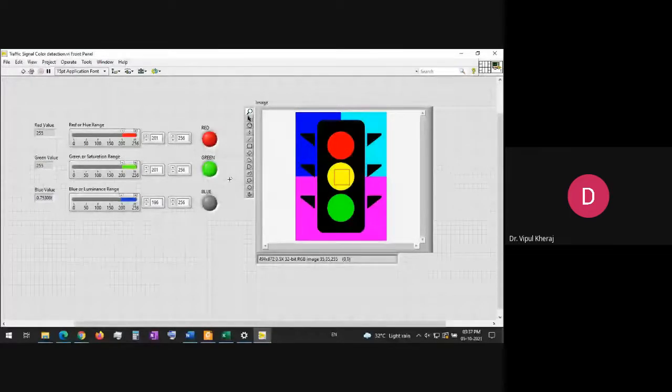So this is just to give an idea of what are the things we can do on LabVIEW, even at student level. You don't need to be a very hi-fi programmer to do all these things. When I was a student and I used to learn MATLAB or C, I used to think that if I want to do image processing, that's a hell of a program, right? Which is not the case if you are on LabVIEW. You just do the plug and play things, and it will give you the results.